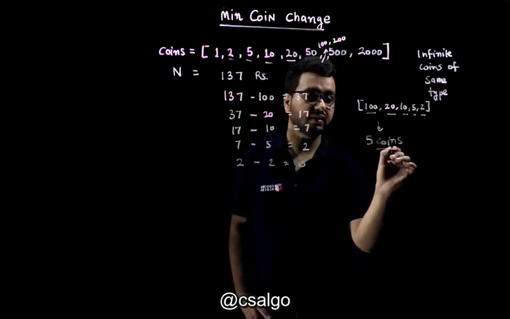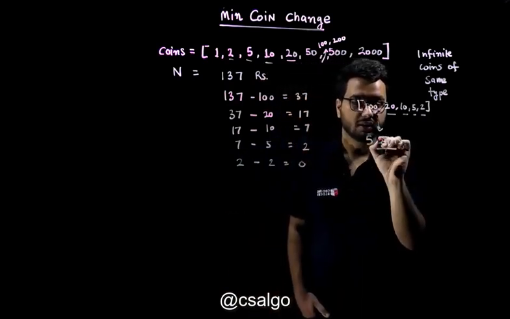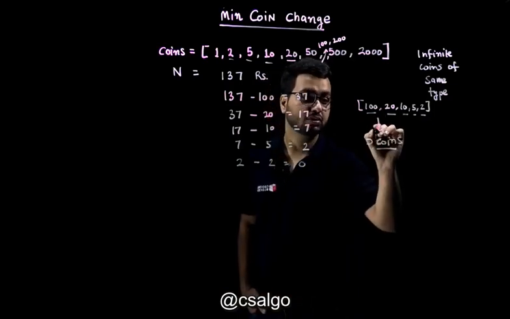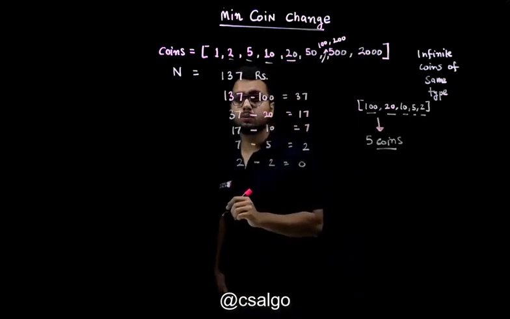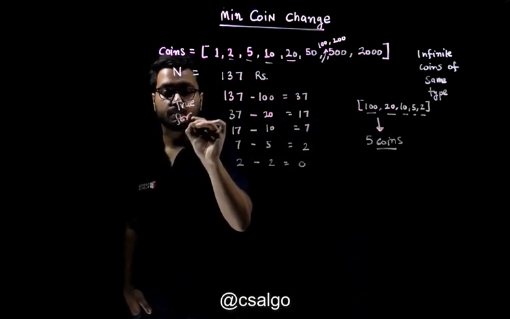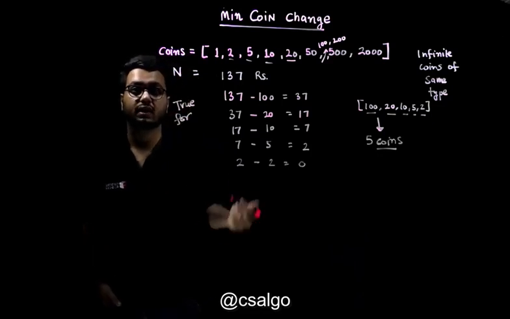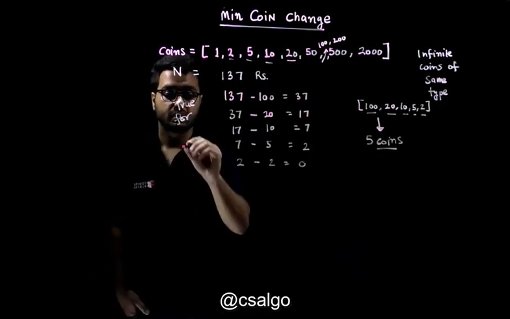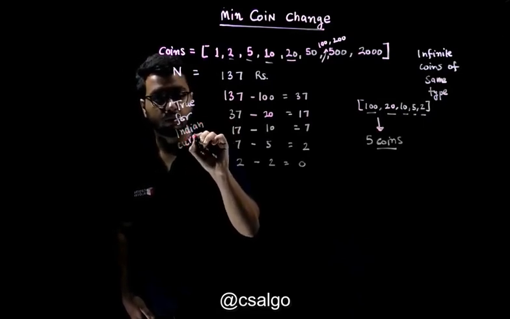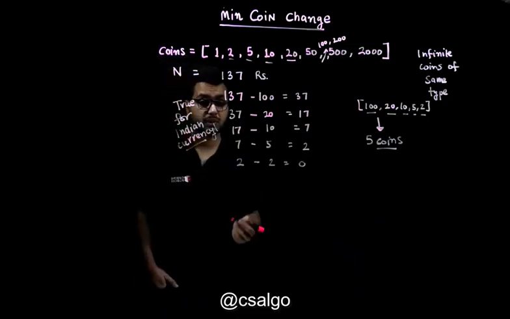So I want to now discuss whether this approach is optimal or not, right? This is something that many students will think is the right approach, but actually it is not, right? It is true that this type of approach works for Indian currency, but you have to make test cases to make sure that it works for all other currencies also if you are going to implement it, right? But it is true for Indian currency, right? So this approach will work for Indian currency only, not for all possible denominations, right?